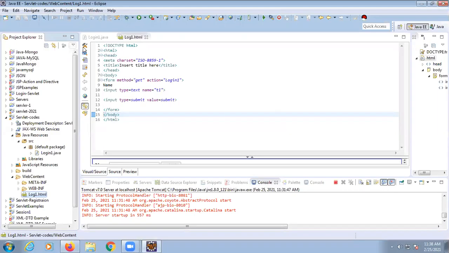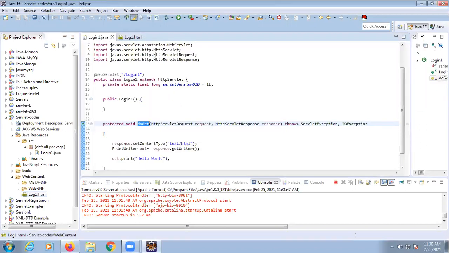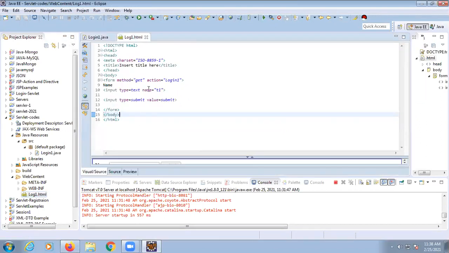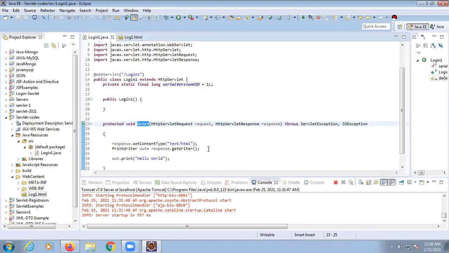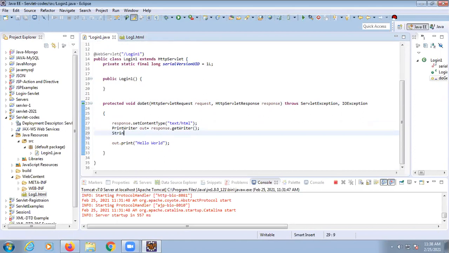Now suppose I want whatever name I am providing in log1.html to be printed in the login file. So here you have to use String s1 equal to, as data is coming from HTML, so we have to use request, because here we are using request as a parameter.